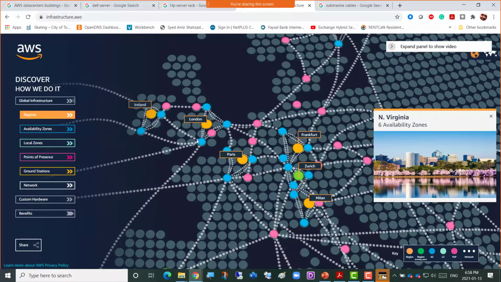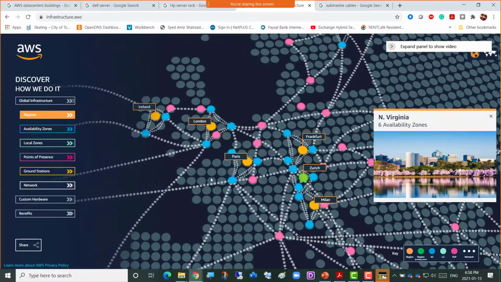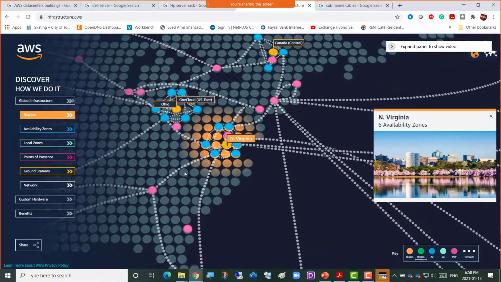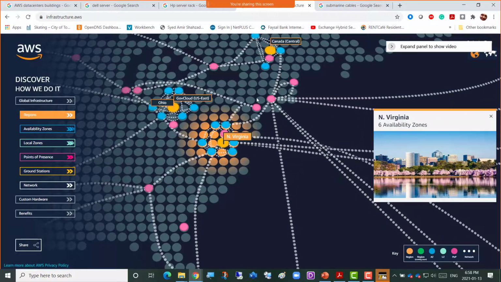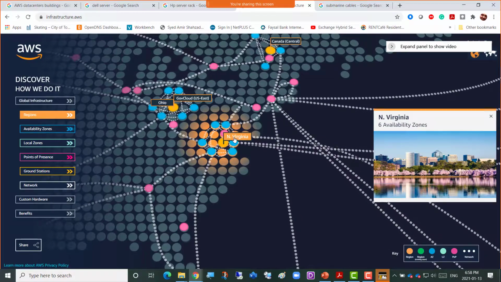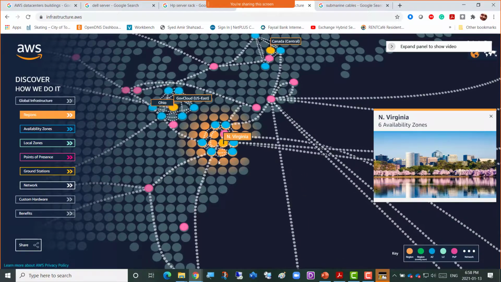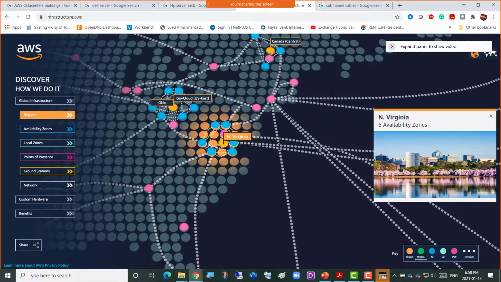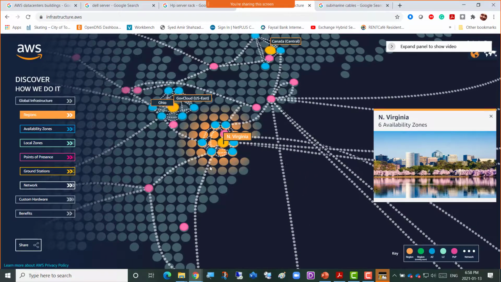This is the London region, which has 3 availability zones, right? The Ireland region has 2 availability zones, 2 blue circles, right? And if we go to North Virginia, I think there's a huge business going on, or maybe there are factories there, there's Washington DC there, New York there, so all the business zones and business hubs are there. That's why they have more availability zones inside North Virginia. When we start our course and labs, we're going to select the North Virginia region, because all the advanced features will be in the North Virginia region. I'm going to show you how to select a region, how to select availability zones, and how to create virtual machines, obviously, and everything we're going to go through.